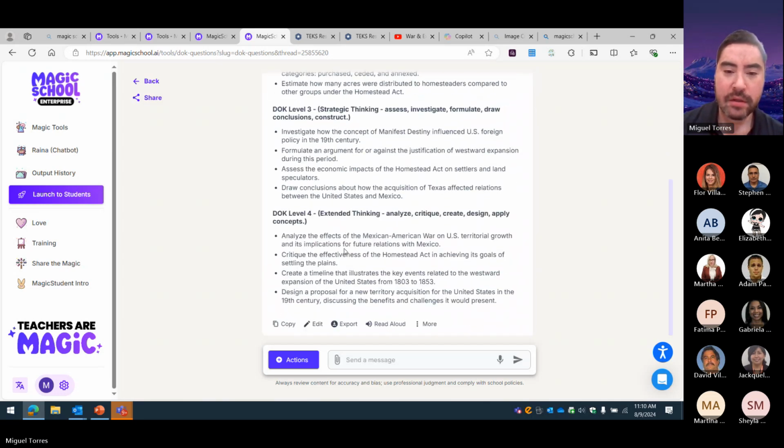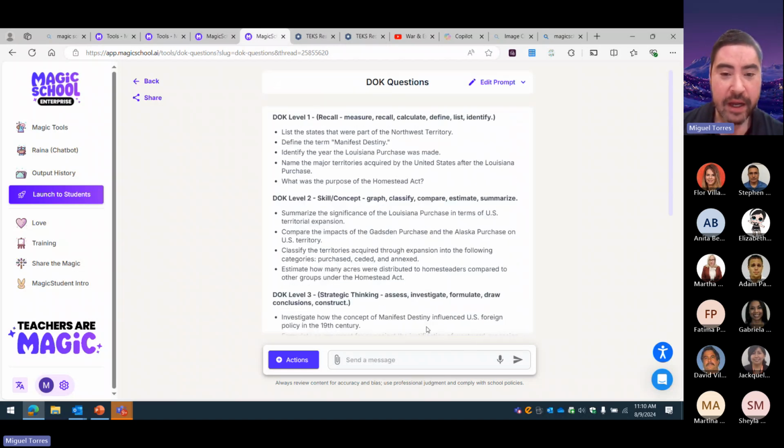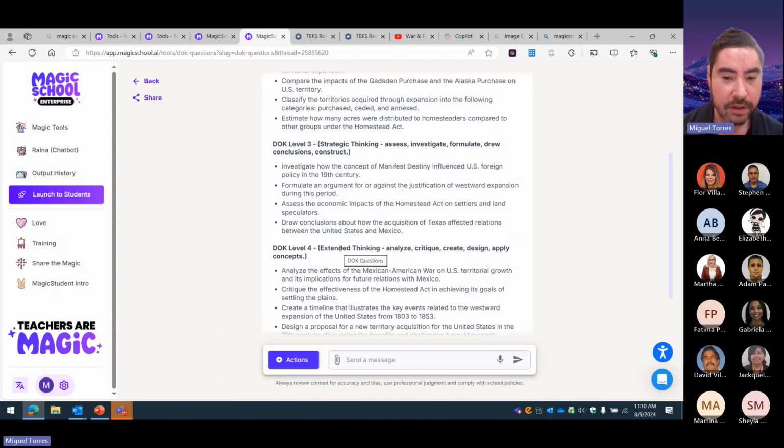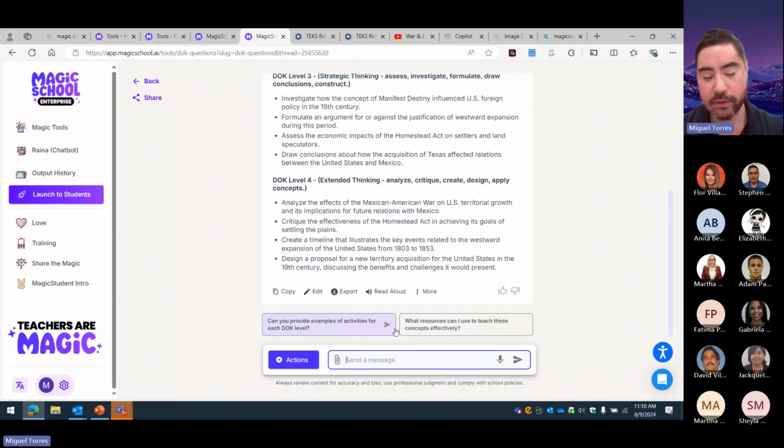Right. So now you have it already created everything. And again, it gives you the two tools at the bottom in terms of how you can provide examples and activities for this. It tells you what resources you might need to use. And it tells you from DOK 1, students just simply recall. DOK 2, students have a concept or a graph. DOK 3 and 4. So what's happening is you can use this using a TEK, or you can just say,